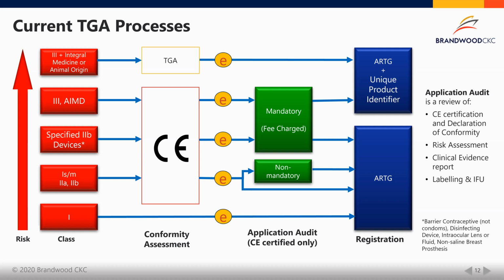A notified body is a European organization, though it doesn't have to be European, which does an assessment on your quality system and your device against the European regulations, which are set by the European Commission. So the European Commission sets the rules and regulations. A notified body will assess you to those rules and regulations and provide you the certification so that you are able to get market access in Europe.